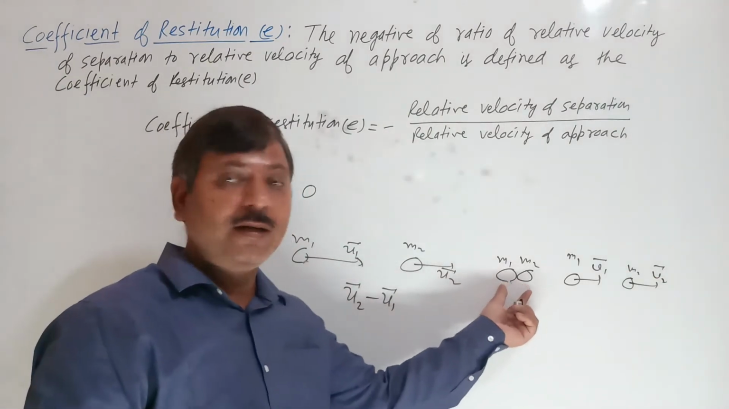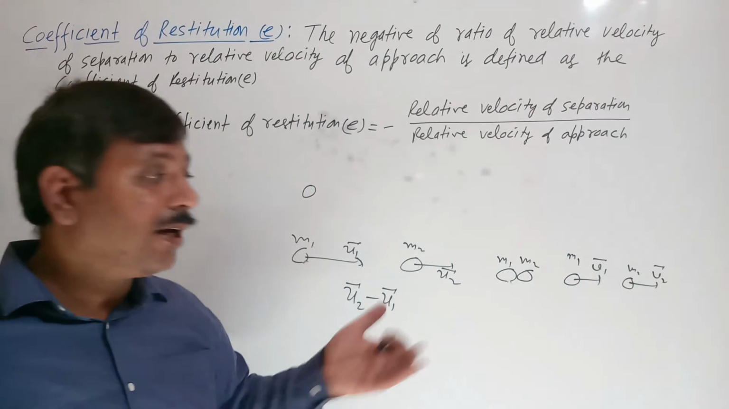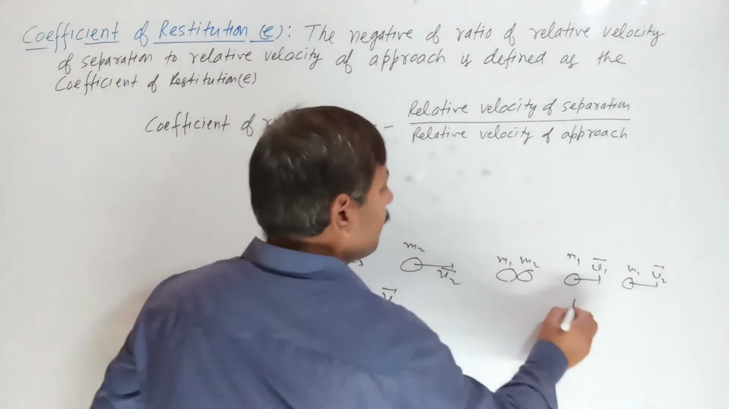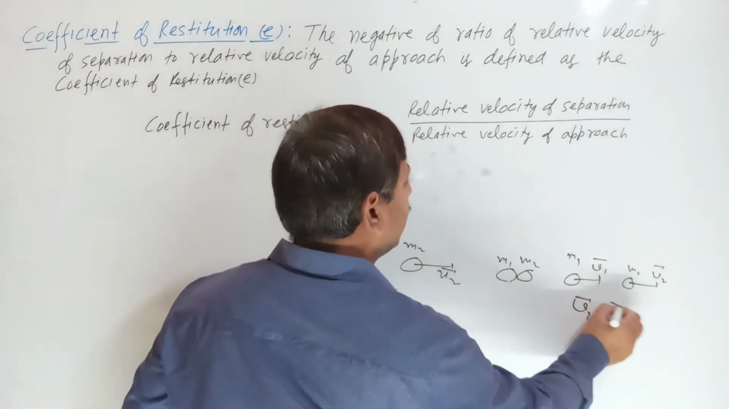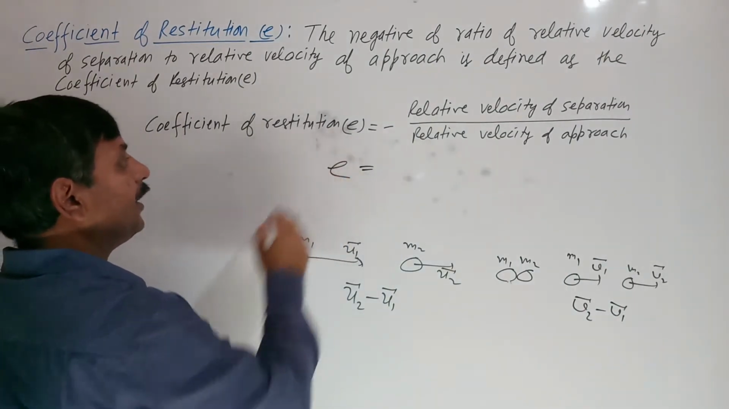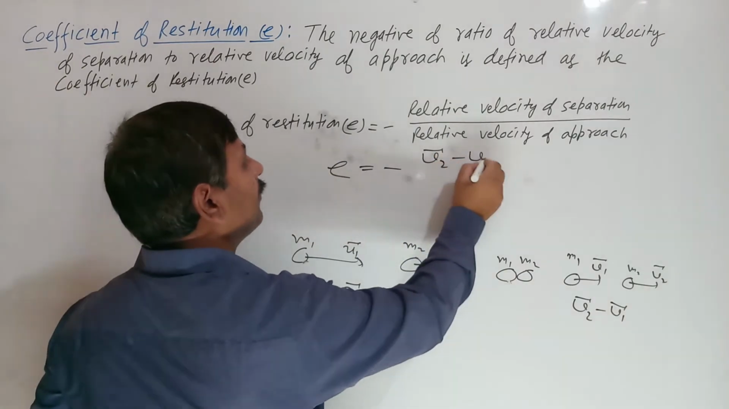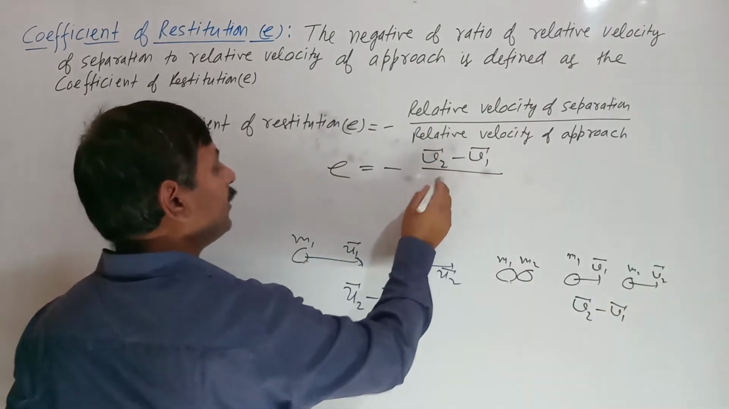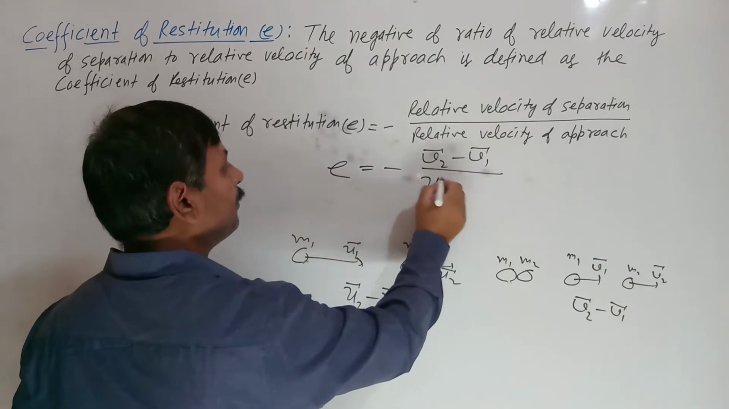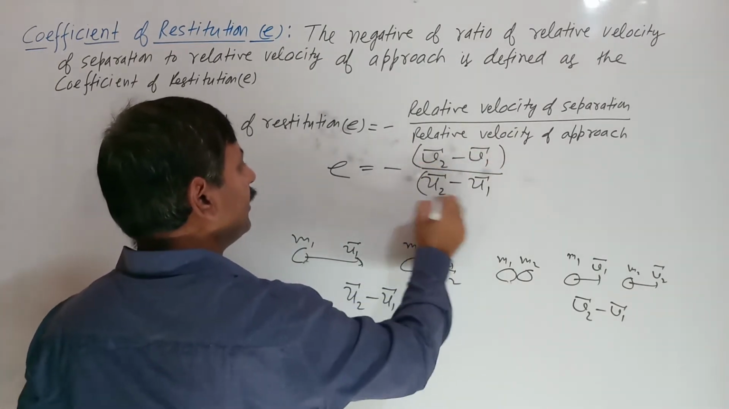They have collided. After collision they are separating from each other. So what will be the relative velocity of separation? That is v2 minus v1. So see here, what is e? It is minus (v2 minus v1) upon (u2 minus u1). This will be the